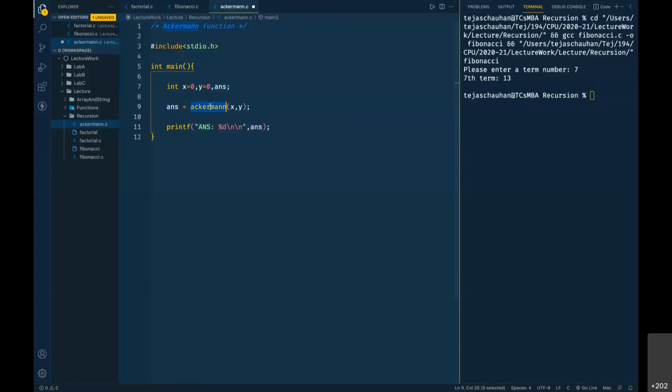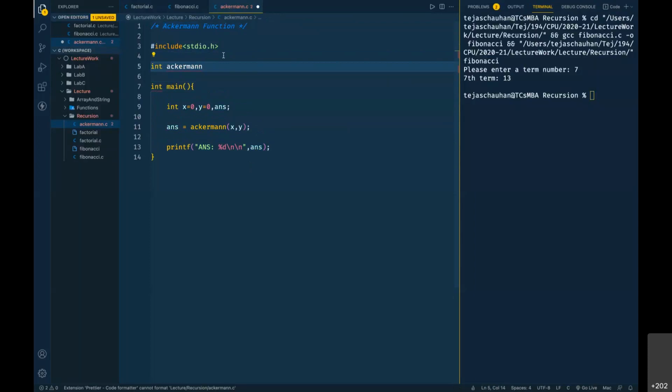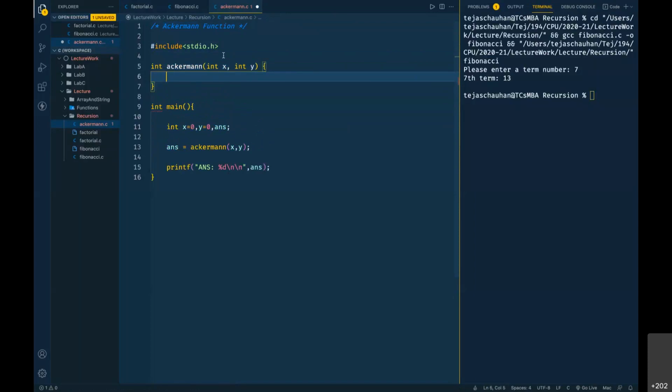Now let's implement this function. It returns one value, so the return type is integer. Then the function name, the identifier. Inside the parenthesis, we need two parameters X and Y, and then the function body.